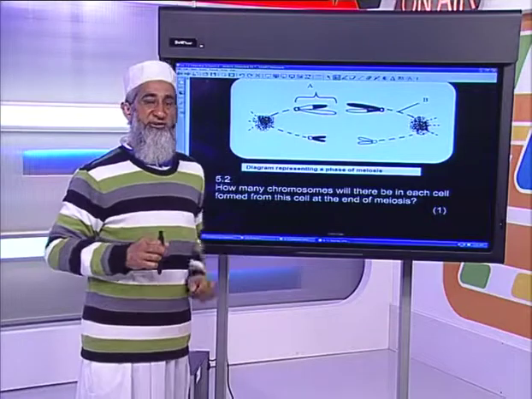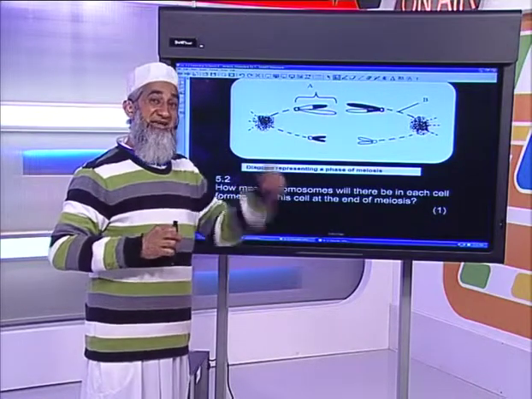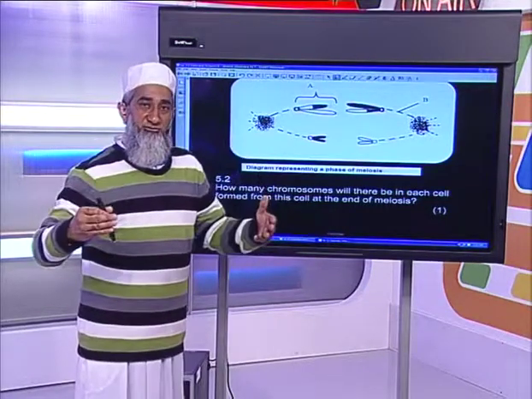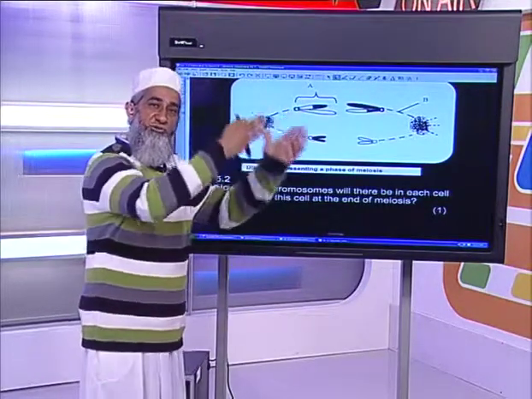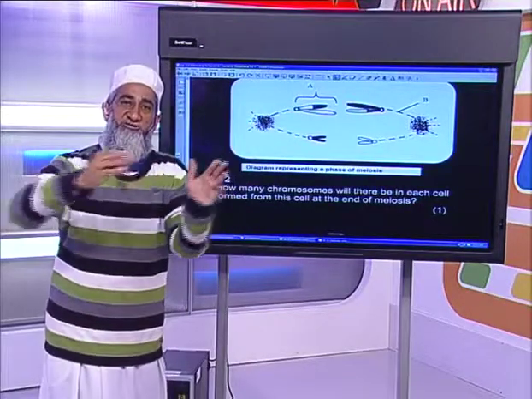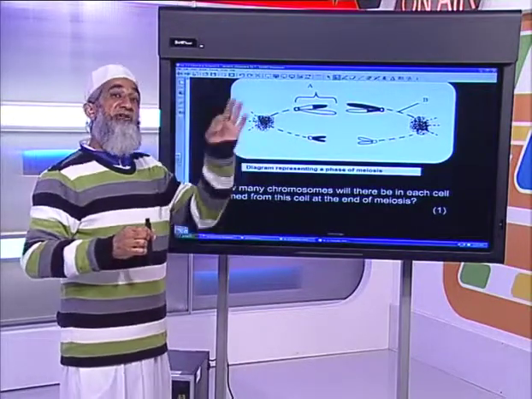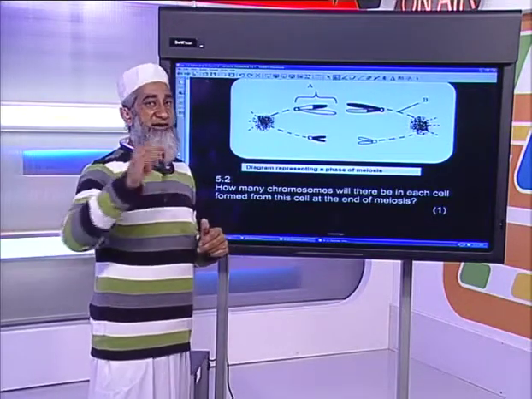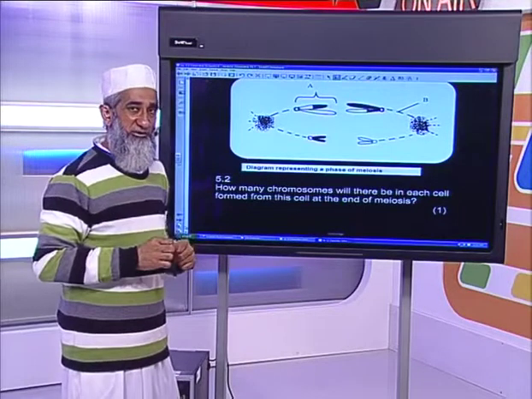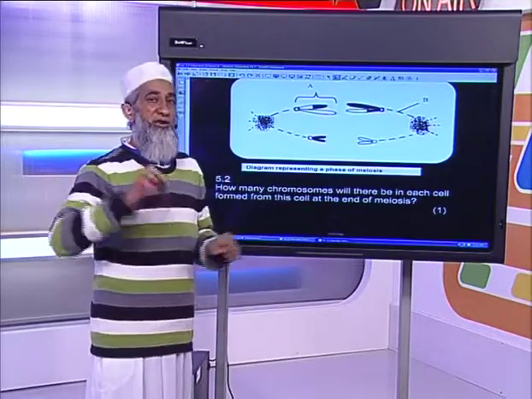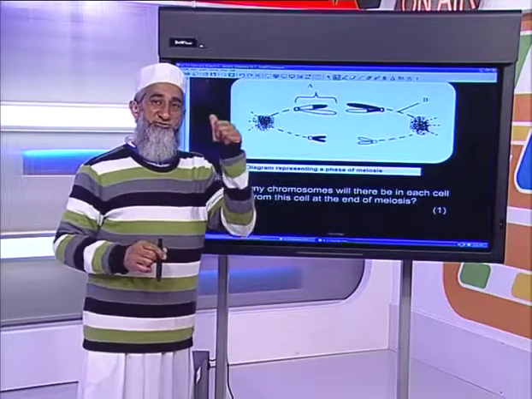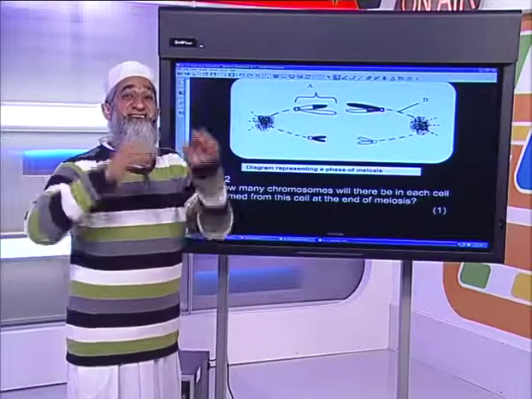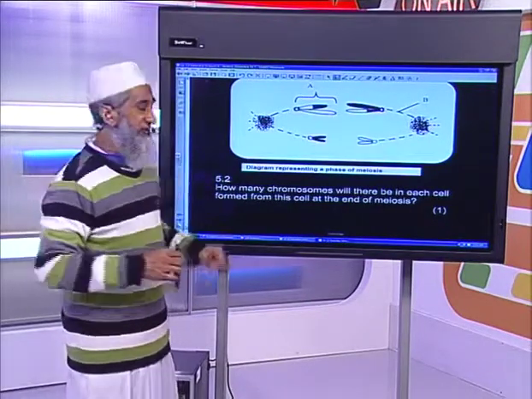Also note, for your examinations, you do not need to know the names of the phases. But for logic, for easy flow, it's obvious that you need to know the phases so that you know what is happening. There's a progression as you're going along. But you do not need to name them in the exam. You'll notice, since last year, the question on name the phase has been left out. They only need you to know which is meiosis 1 and meiosis 2. So I was saying, meiosis 1, chromosomes are together. Meiosis 2, chromosomes are separate. They are single.